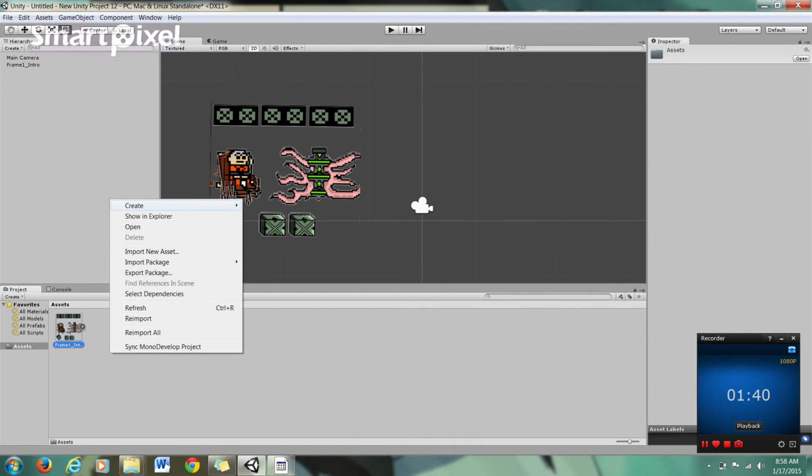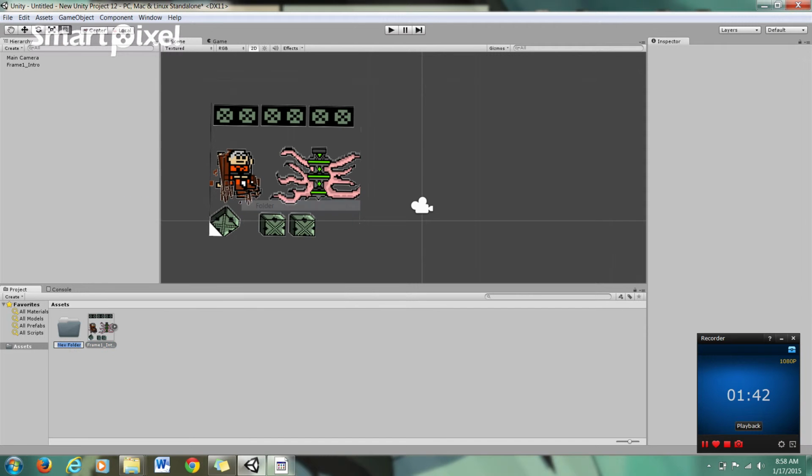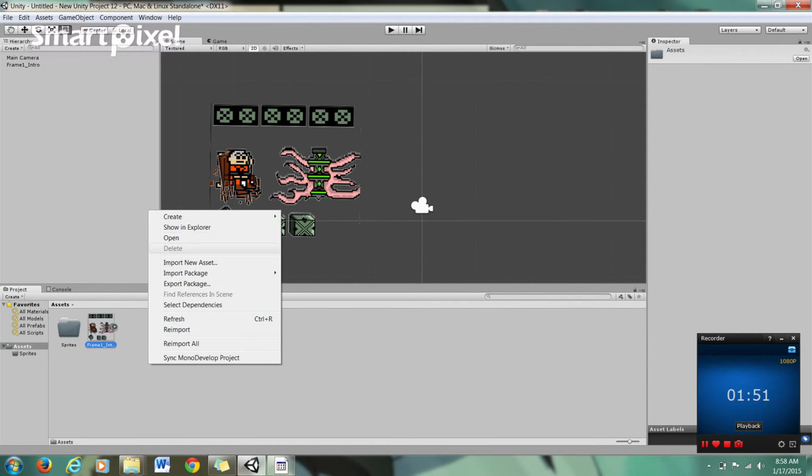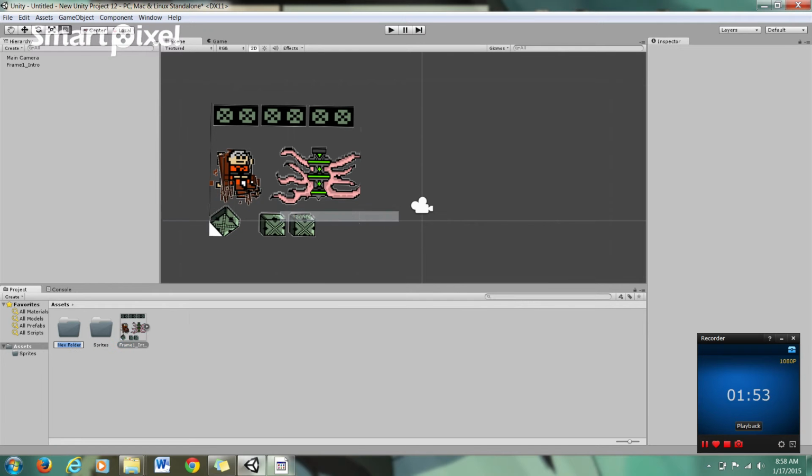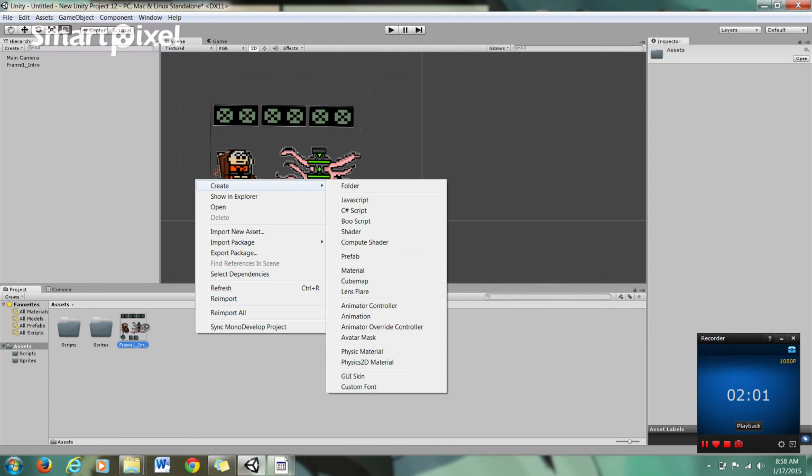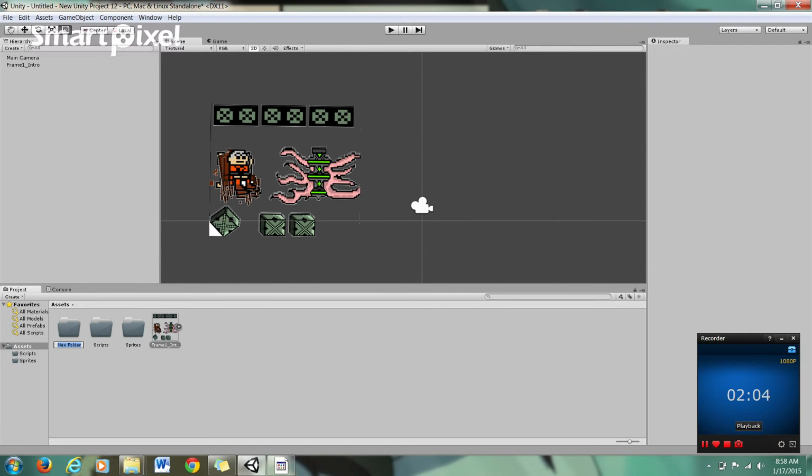You're gonna want to right click. You're gonna want to go create folder. The first step of creating any project, you're gonna want to make a couple of folders. First, you're probably gonna want to, if it's a 2D game, which I'm assuming most of you are making, you're gonna want to do sprites. You're going to want to create a folder. You're going to want to say scripts. And by no means, this is just convention. This isn't needed to make your game. But you'll thank me later when your game comes out so much better because you were actually organized and could find stuff. Scripts, sprites, audio,